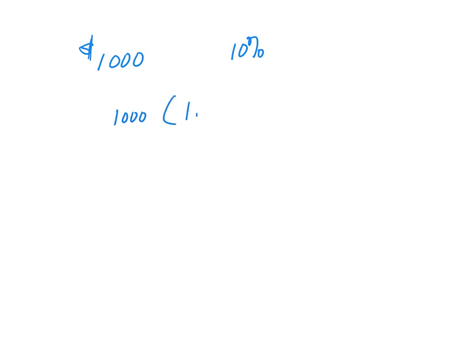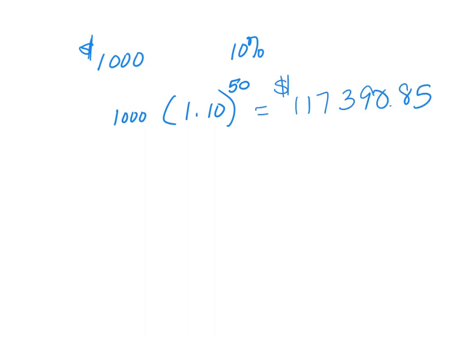We do 1.10, because 1 plus 10% is 1.10, and we're keeping it for 50 years. How much is your money going to be worth? Your money will be worth $117,390.85. What? That's if